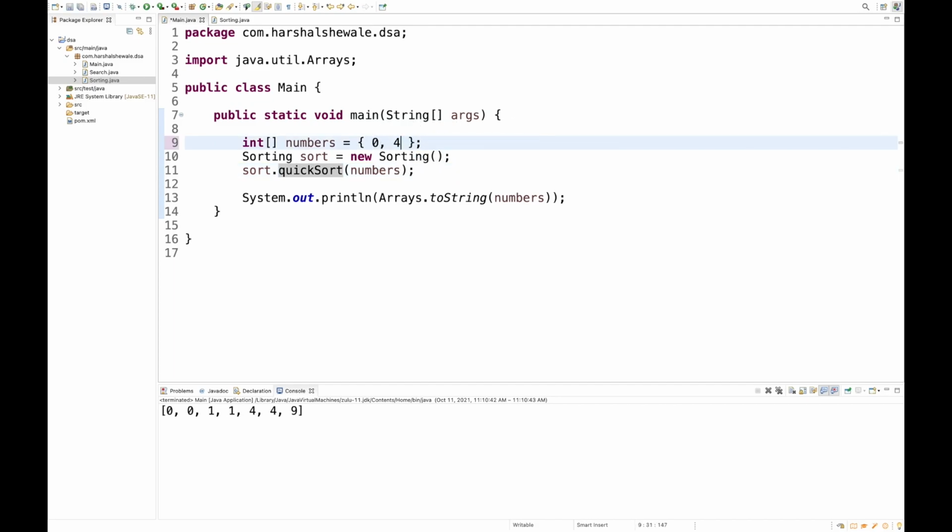Let's test with two numbers. Cool. Let's test with duplicate numbers. Cool. Let's test with a single number. Awesome. Let's test with an empty array. Cool. So always remember, while you're interviewing with any company and you're writing the code, make sure you write your unit test cases to test your code, so that will be a positive impression in the interview.